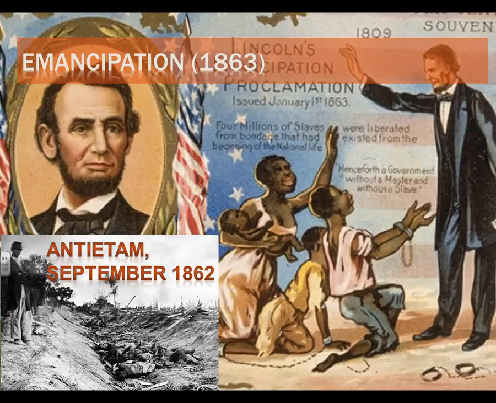The South Carolina Sea Islands that the Union controlled doesn't apply to them. Kentucky, Tennessee, Maryland, West Virginia, all those slave states doesn't apply to them. It only applies, theoretically, in places that aren't paying attention to Lincoln in the first place. So although it does result in some slaves being sort of encouraged to free themselves, right? We see an increase in the number of runaways from plantations towards Union lines, that kind of thing.